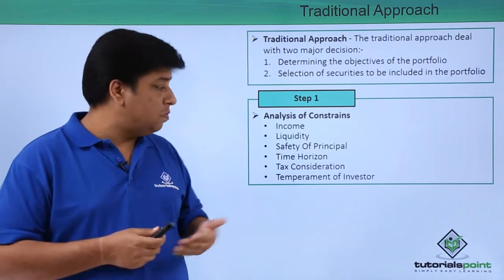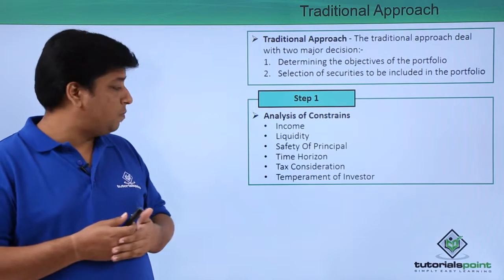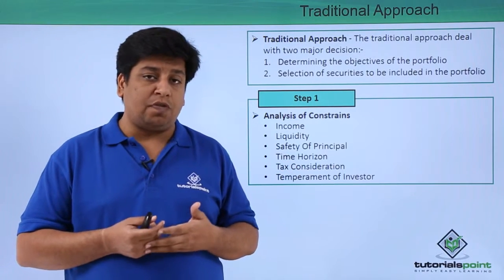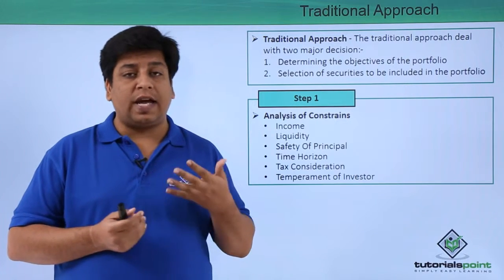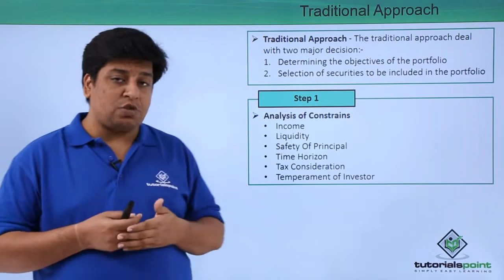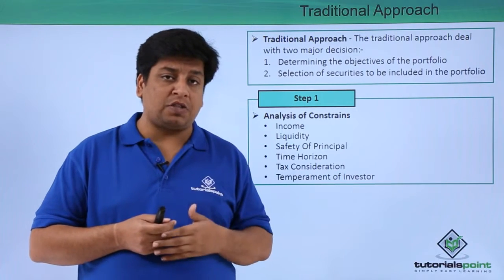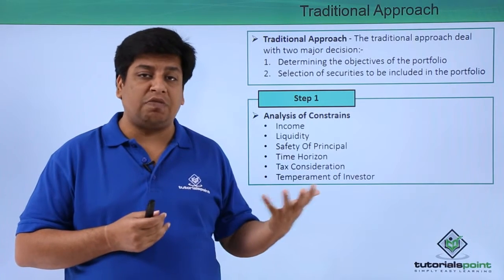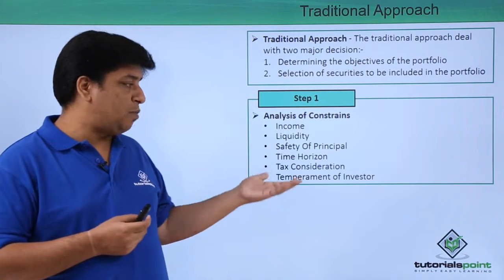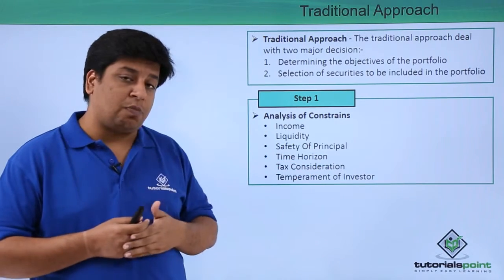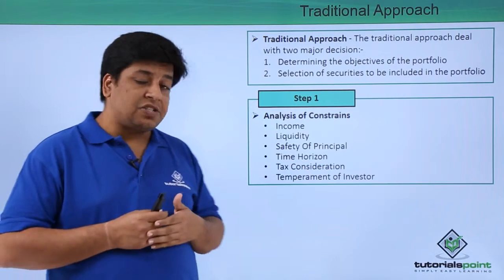First is your income, second is your liquidity, third is your safety of principal. Whenever you're designing your portfolio, you need to make sure that your principal amount is safe. Time horizon: there could be products which are outside your country's boundary, hence there will be a difference in time. So time horizon can be one of the constraints for portfolio construction. Tax consideration,